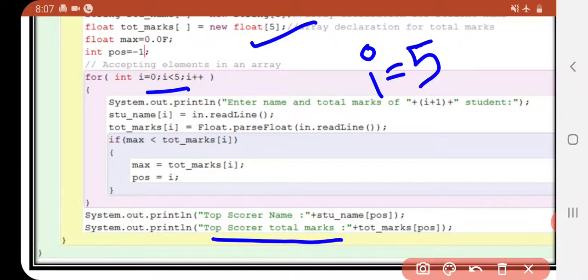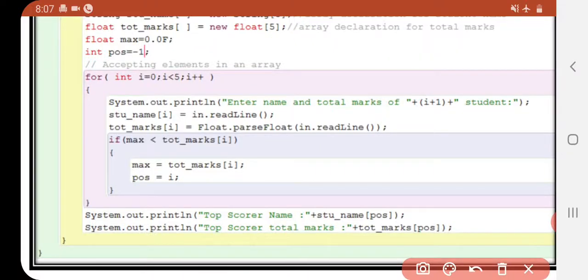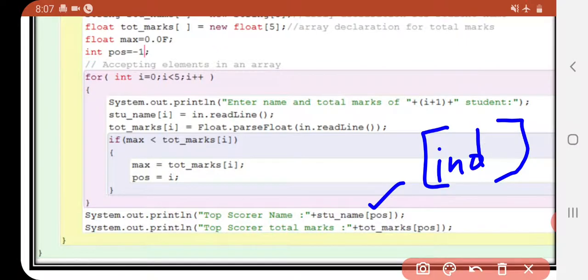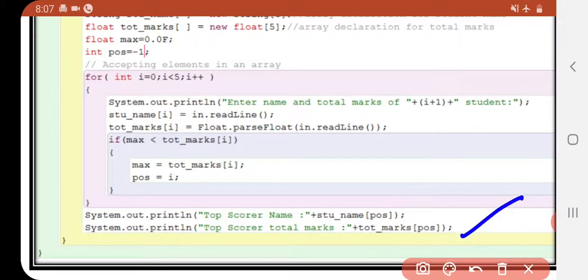The exact location is inside pos. That's why I had written top scorer name and the position: stu name bracket pos. When we write a subscript inside a square bracket, we have to mention that index inside our square bracket, then only it is visible. And the index I have in pos. That's why I had written stu name pos. The same way, tot marks pos.